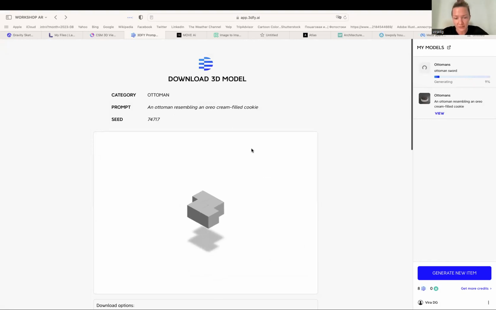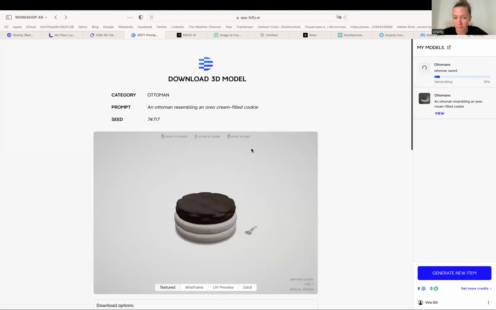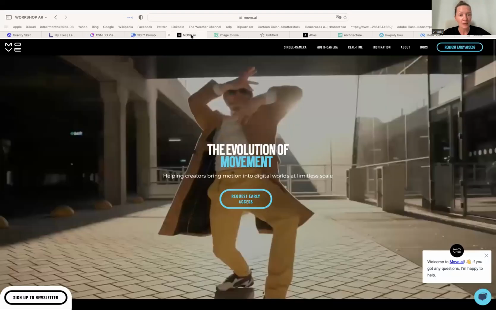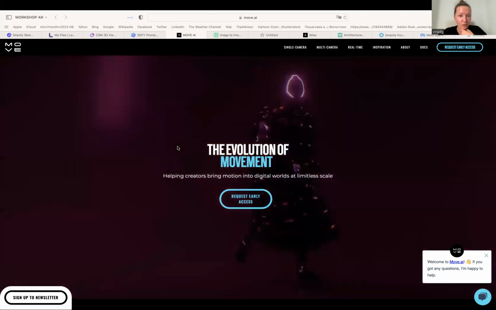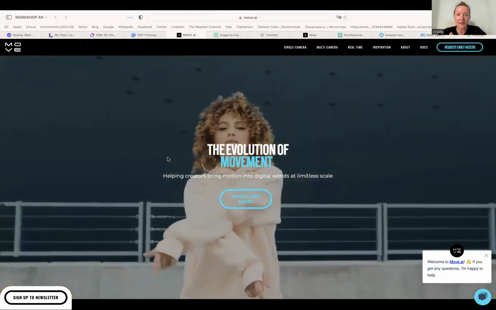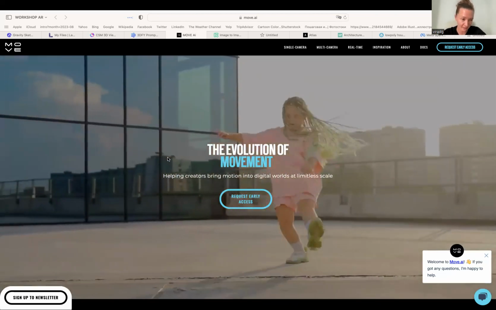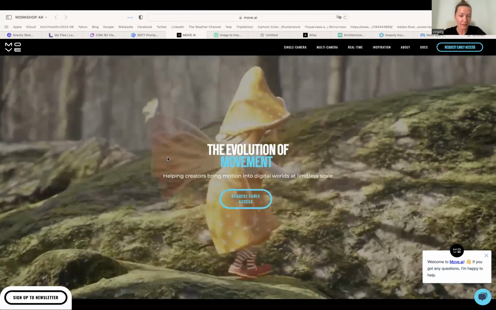So it's interesting if you really need to generate something realistic looking. You don't need to spend time to hire somebody or to learn by yourself. You can generate, but you spend money. So you choose, either you learn or you spend money. Some of the tools are free. This CSM is free. And that one, Move AI, we also can use in augmented reality, it is complicated stuff, it is advanced level. We can use